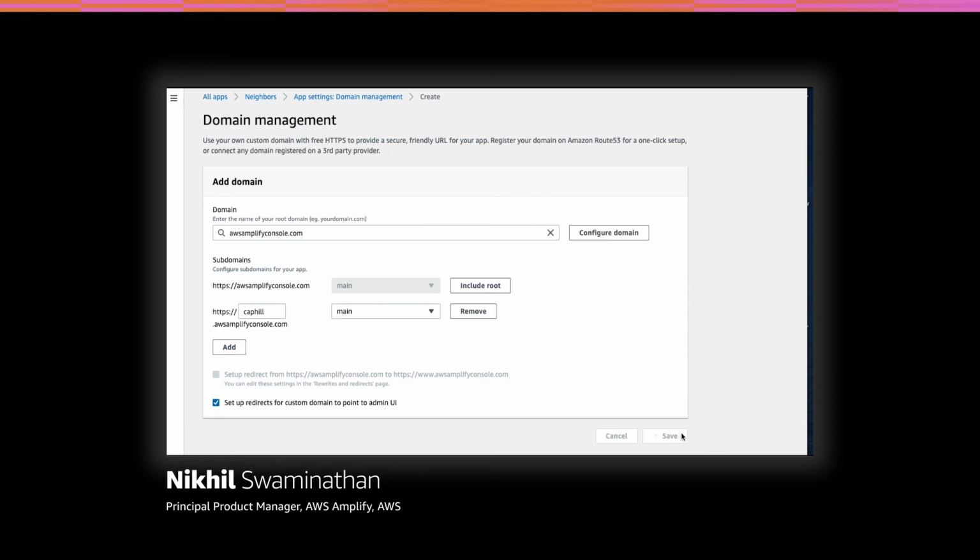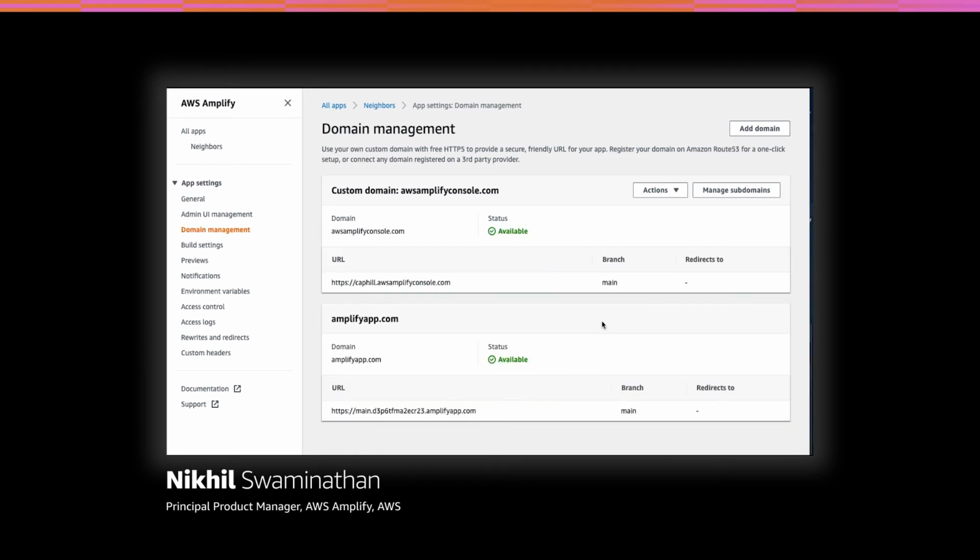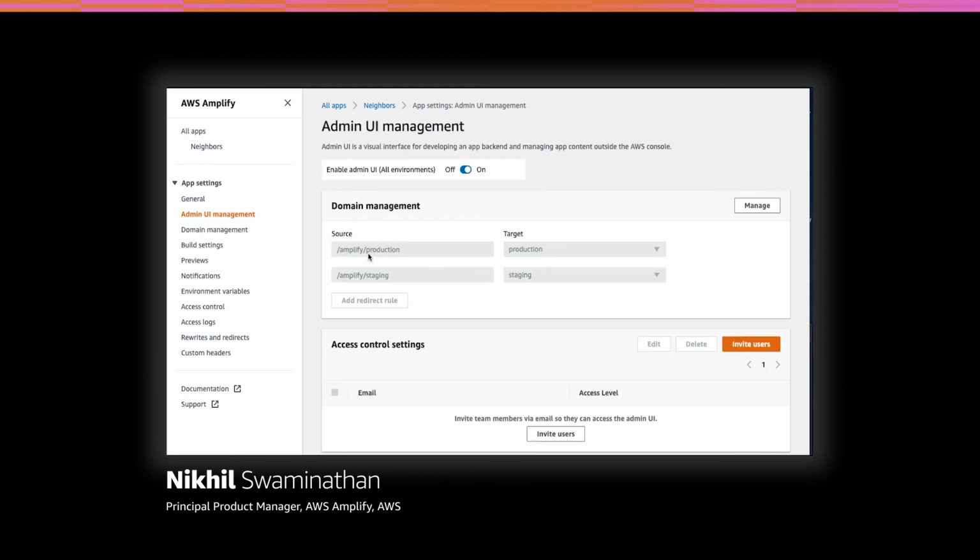Hitting save should automatically set everything up. Amplify automatically generates an SSL cert for you, validates that you own the domain, and then activates it. For domains managed within AWS, this process typically takes about 10 to 15 minutes. Great, so our domain is now set up, caphill.awsamplify.console.com. Let's head over to the admin UI management tab, and you see the friendly redirects are also in place